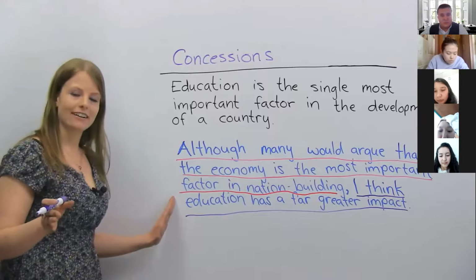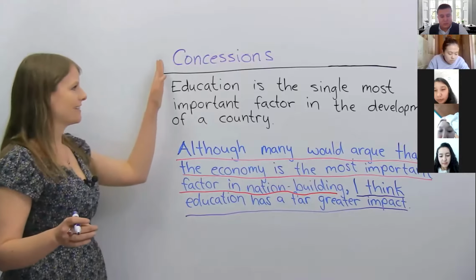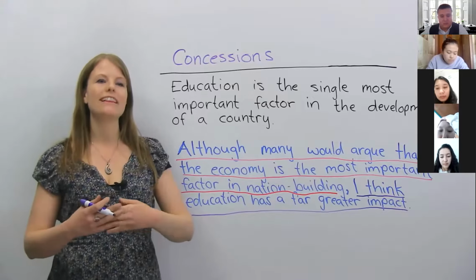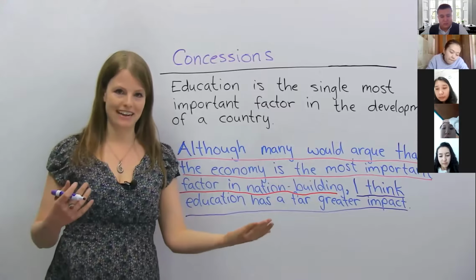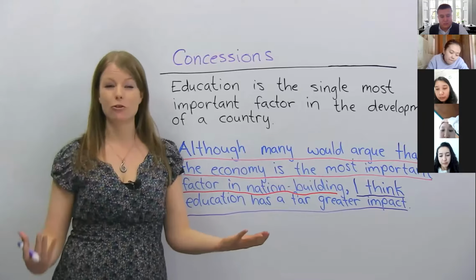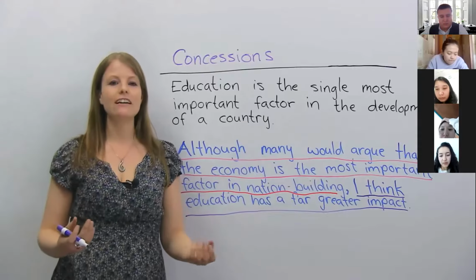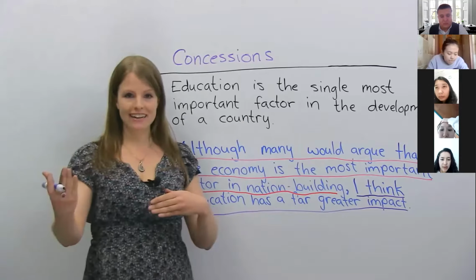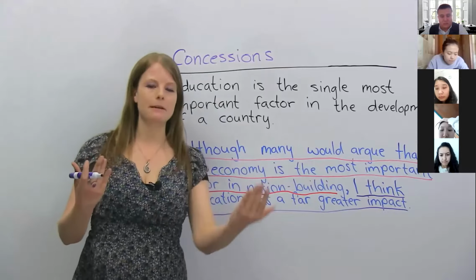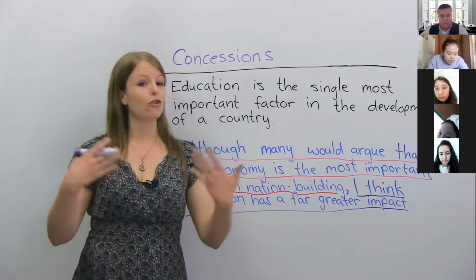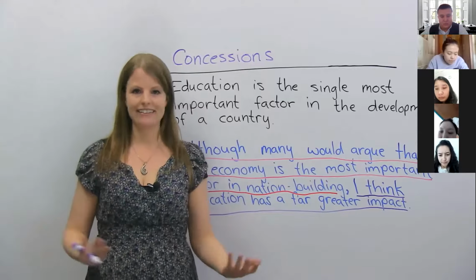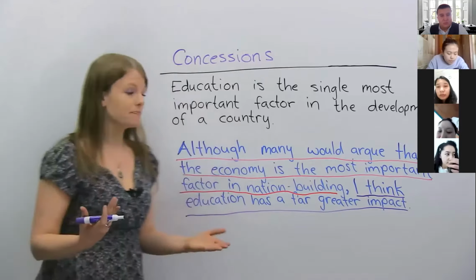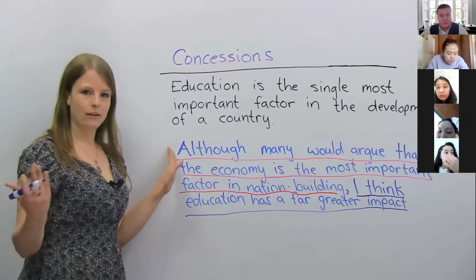So what I've done here is I've added a concession. A concession is where you say what the opposite opinion is, and then you say what your opinion is. So you're giving two opinions. You're giving your opinion and also what other people might think. This is a great thing to do, especially in essays, and this is something you can do at the beginning of your answer. So we use here the keyword